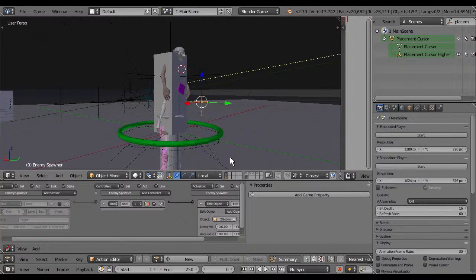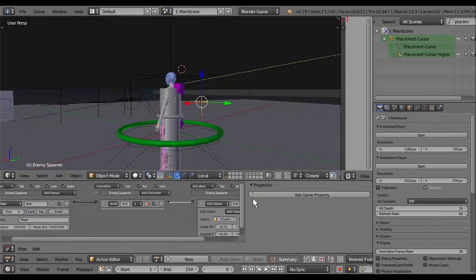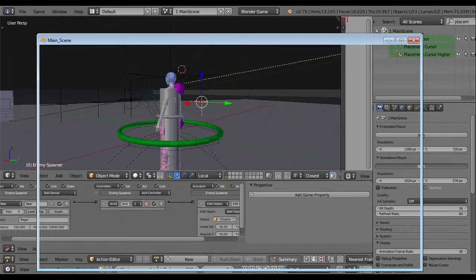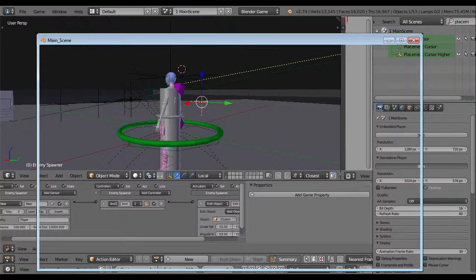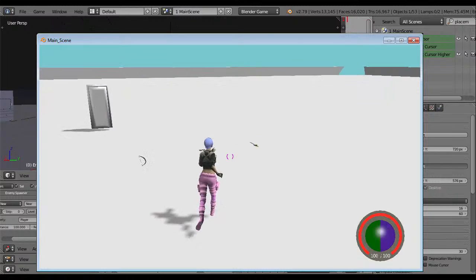Spawning error. Oh yes. Activate. Still not spawning.